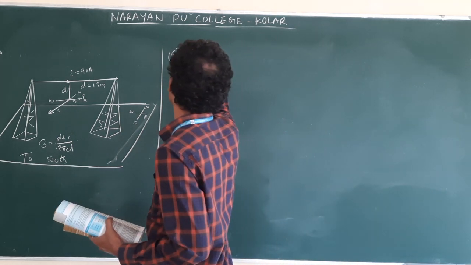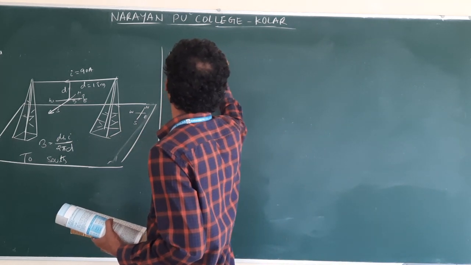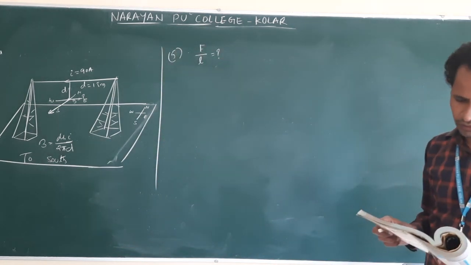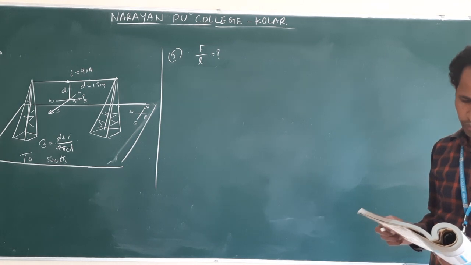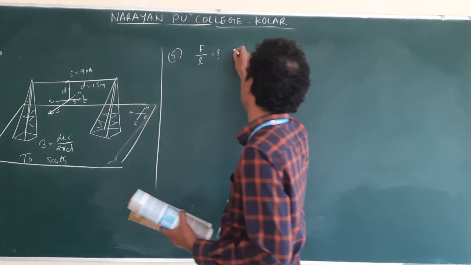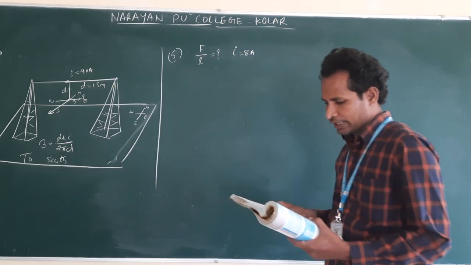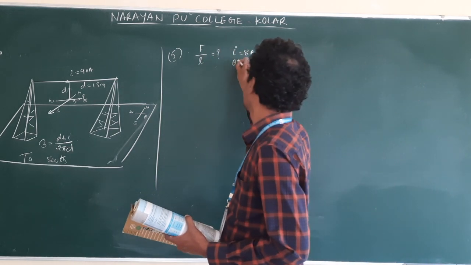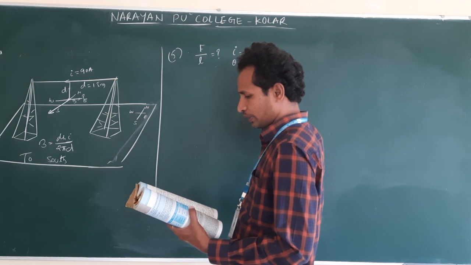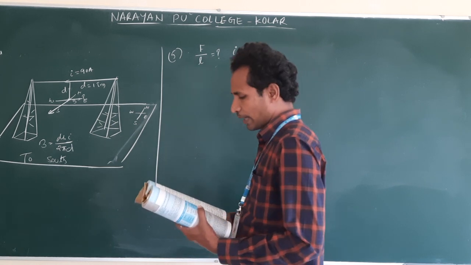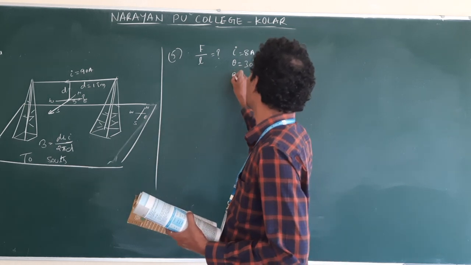They are asking F by L. And information, what did they give? Current I, 8 amperes. Next, making an angle theta of 30 degree with a magnetic field of strength